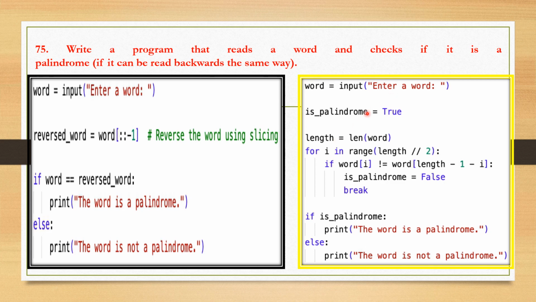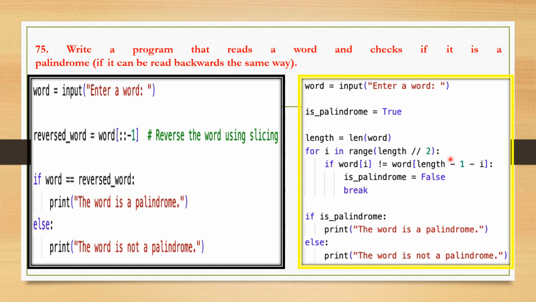The next approach can be using a for loop. Here it will prompt the user to enter the word as usual. Then it will initialize a boolean variable is_palindrome to True, which will be used to keep track of whether the word is a palindrome or not. We use the length of that word too, using len(word). This program uses a for loop to iterate over the first half of the word, that is up to length divided by 2. This avoids unnecessary comparison in the second half of the word, as they would be redundant for checking palindromes. Inside this loop, the program checks if the character at index i is equal to the character at the corresponding index from the end of the word,